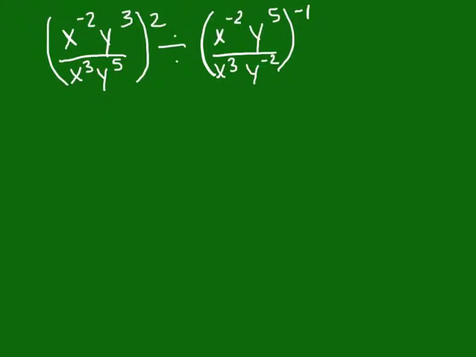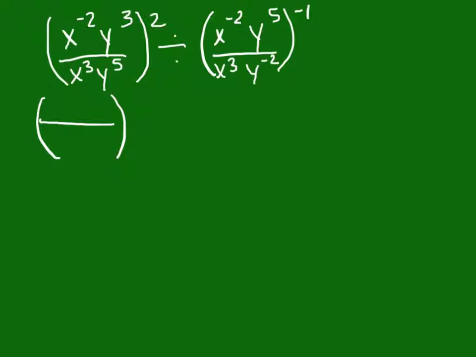So we have x to the negative second, y cubed, over x cubed, y to the 5th, all squared, divided by x to the negative second, y to the 5th, over x cubed, y to the negative second, all to the negative first power. So we'll start out like we did the last one, and we'll start simplifying the first